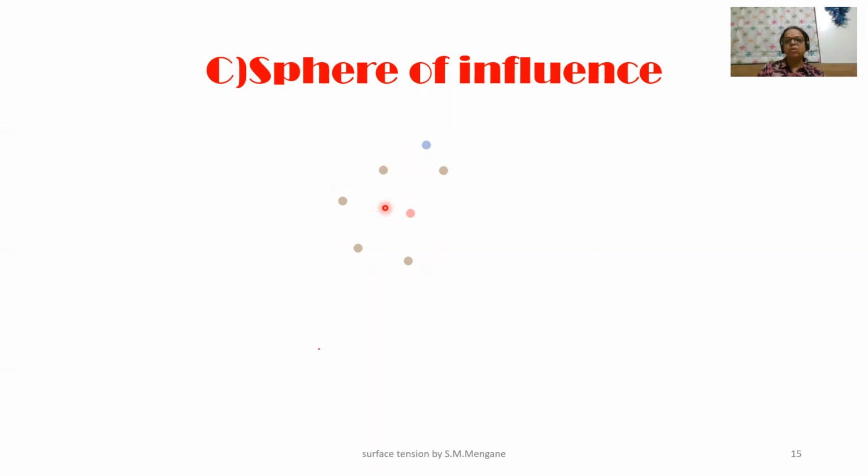If we place another charge far away, the field does not exert a force on it because it is not in the influence, or we can say in the range, of this electric field. Means it is out of the influence of the electric field. If we draw a circle or a sphere like this, then this sphere indicates the sphere of influence of the charge.